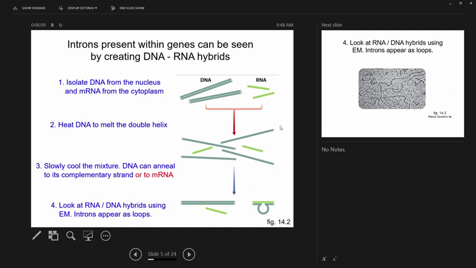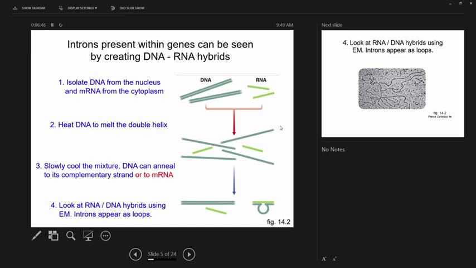So we've talked about DNA hybridization before. You can take DNA and heat it up to a high temperature. That melts the DNA. Melting means we separate the 2 DNA strands, and if you let the DNA cool back down slowly, the base pairing will reform naturally and the DNA will come back together. That's just if you have the DNA present only. You can also do what's called hybridization. A hybrid is a combination of 2 things. In this case,